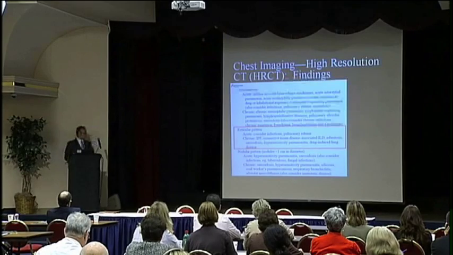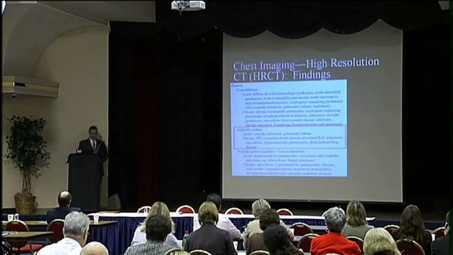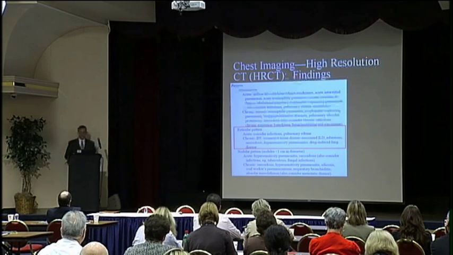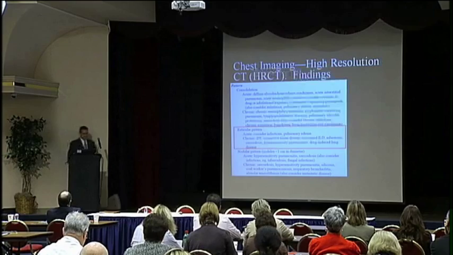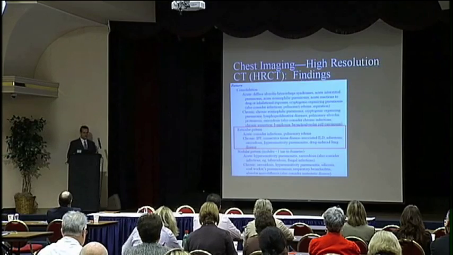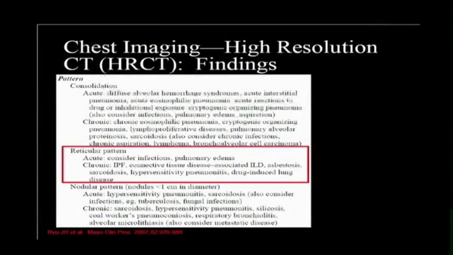So I'm going to go through really quickly the high-resolution CT scan findings in patients with idiopathic pulmonary fibrosis. This is a reproduction of a table from a paper by Ryu from Mayo Clinic Proceedings that was actually quite enlightening about interstitial lung disease. So typically in IPF,